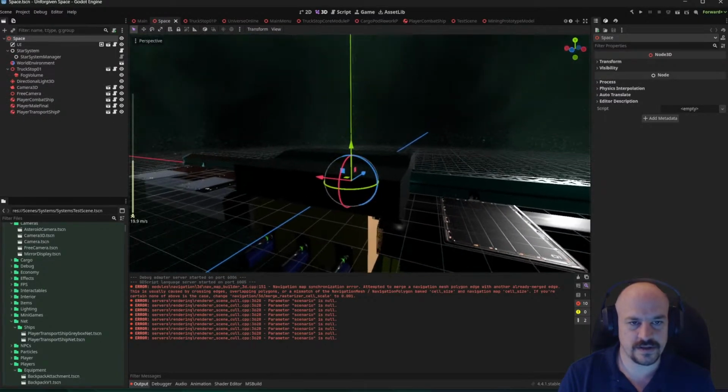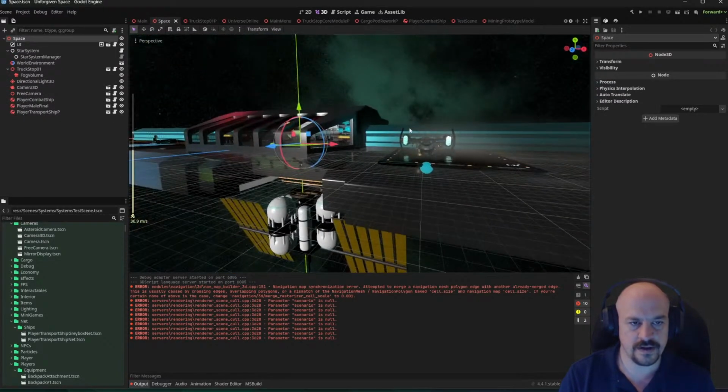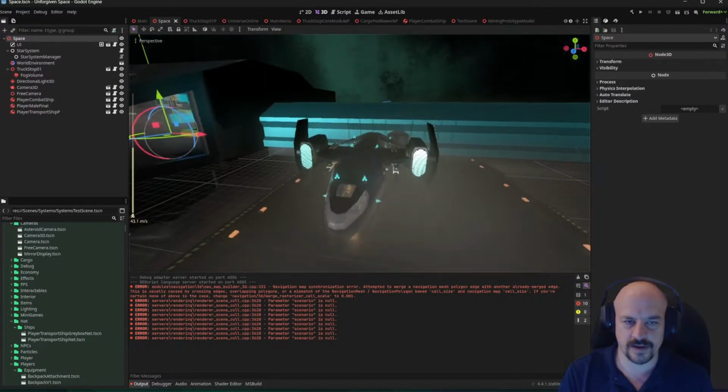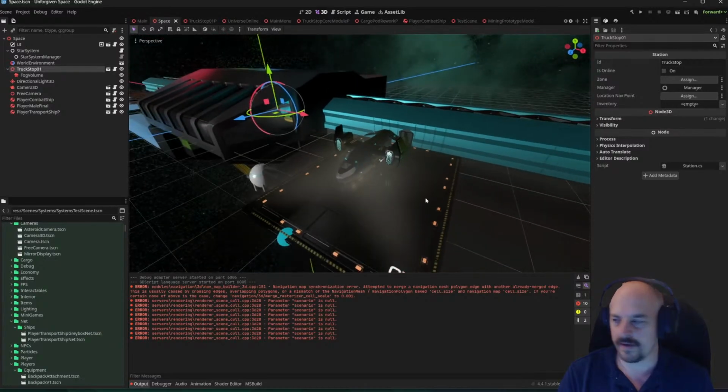All right, so this is the old truck stop. And the truck stop was cool, but it was old. It's from Unity. Remember, we're getting rid of